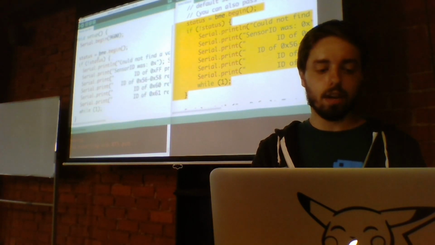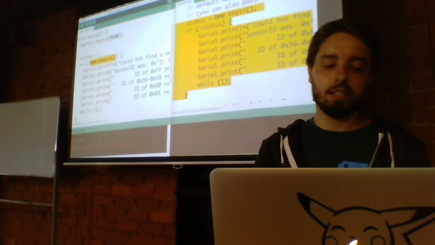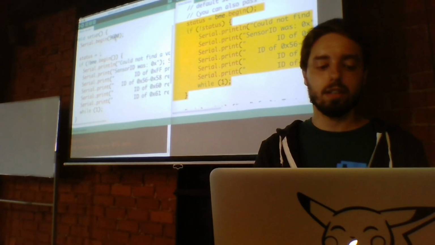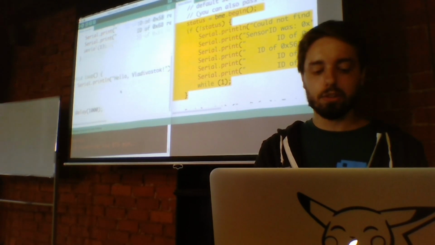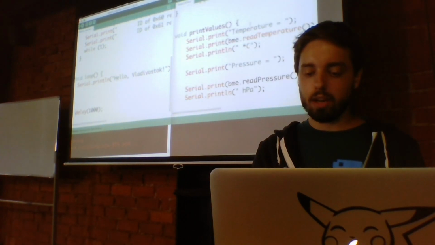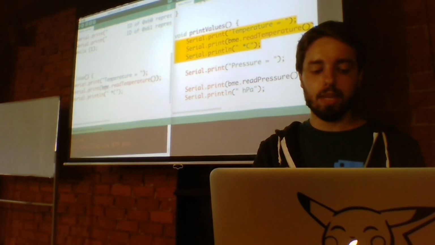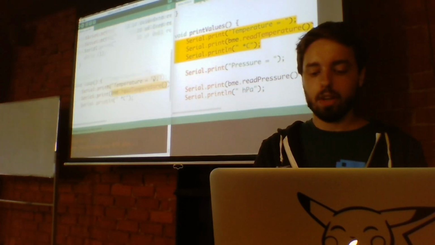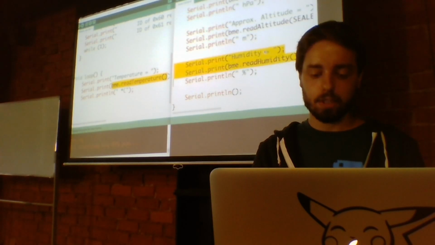So here we just have to call BME.begin to initialize the sensor, and if it fails, we will just write a message. And in the loop method, this time we will not write a hello world, but we will get the temperature. Temperature is like calling BME.readTemperature, just like that. And humidity, BME.readHumidity. So we will need all these lines.